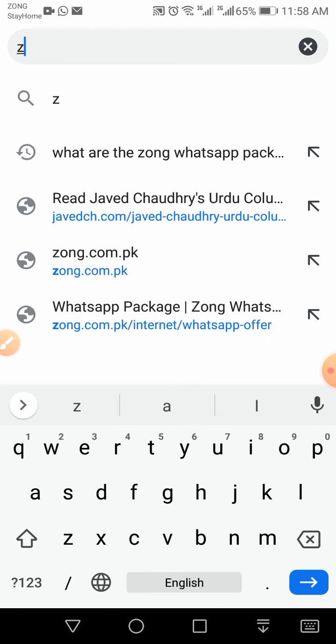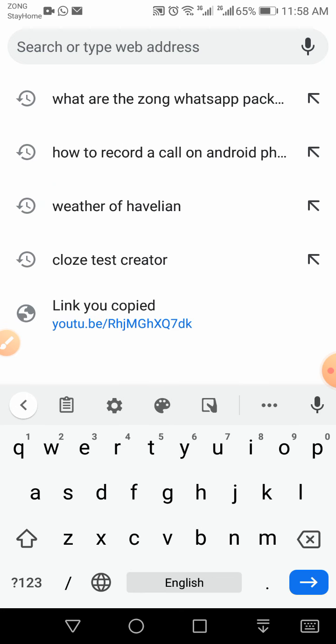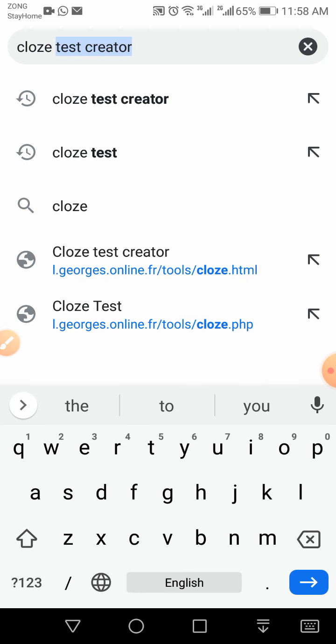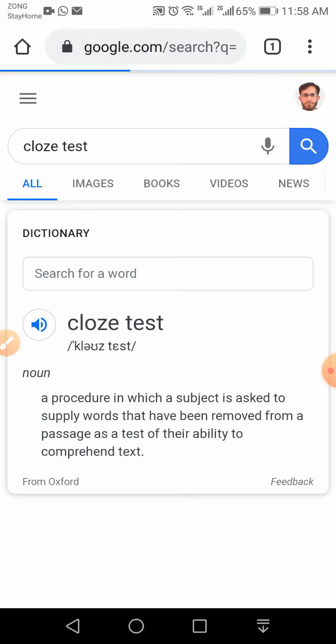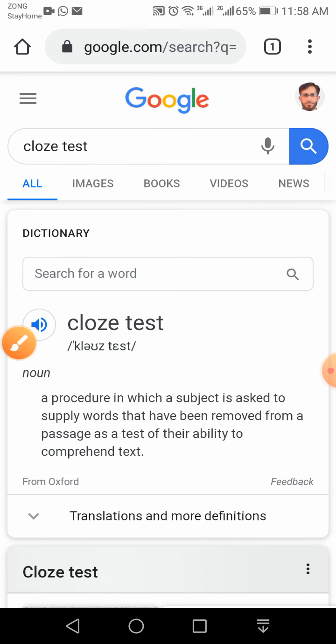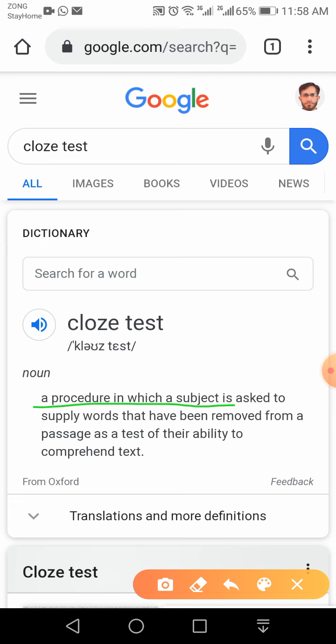Let me type cloze test. Okay, so here we have cloze test. So the definition. Google says that it is a procedure in which a subject is asked to supply words that have been removed from a passage as a test of their ability to comprehend text. Subject here means a student, a participant.